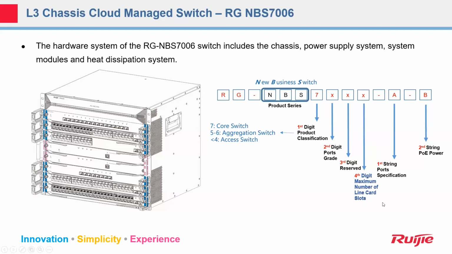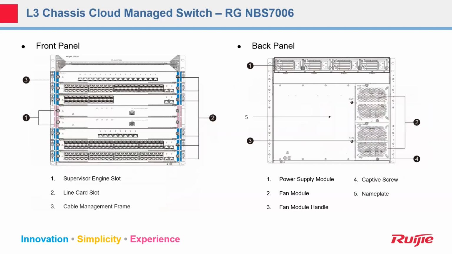Next, the basic hardware components of the MBS 7006. It consists of a chassis, system modules, a power supply system, and a heat dissipation system. First of all, let's take a look at the chassis. We can see 3 main parts on the front panel of the 7006: the supervisor engine slot, the line card slot, and the cable management frame. As for the back panel, there are the power supply module, the fan module,